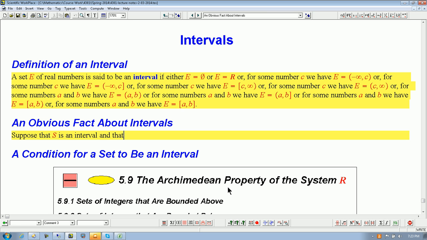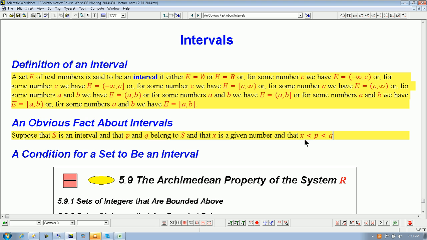And that P and Q belong to S, and that X is a given number, and that X is less than P, less than Q. Suppose that S is an interval, maybe any one of these situations, and P and Q belong to the interval,